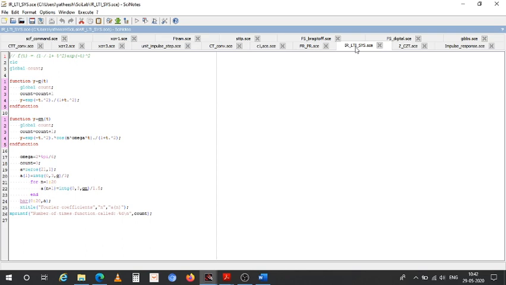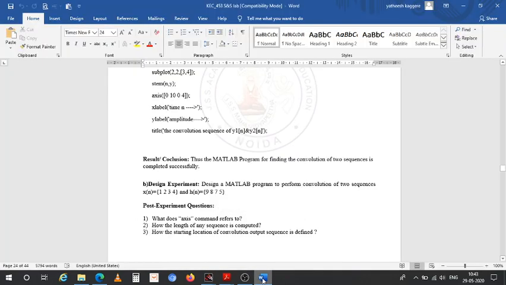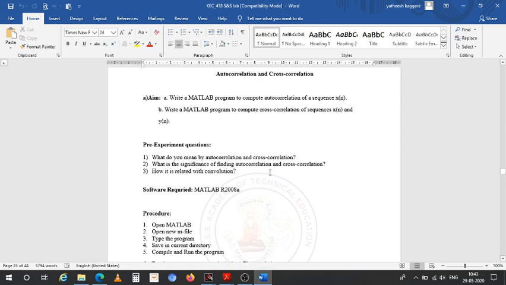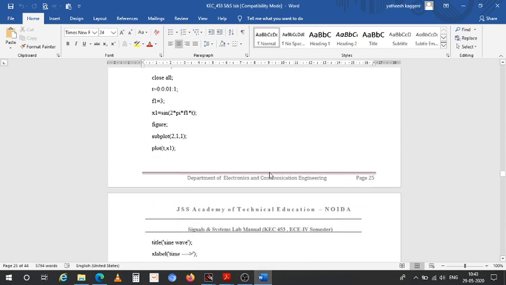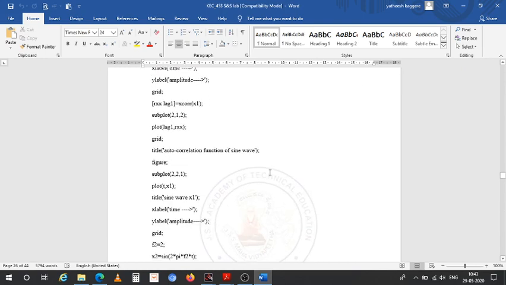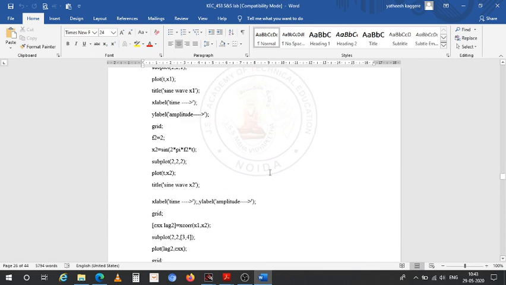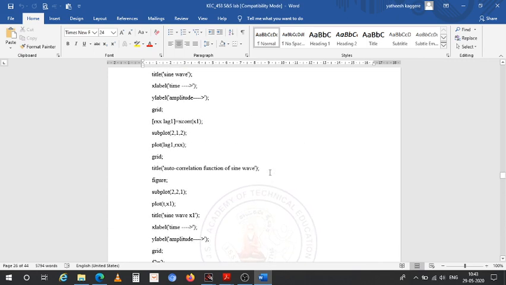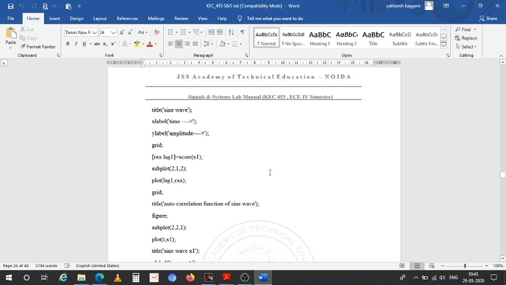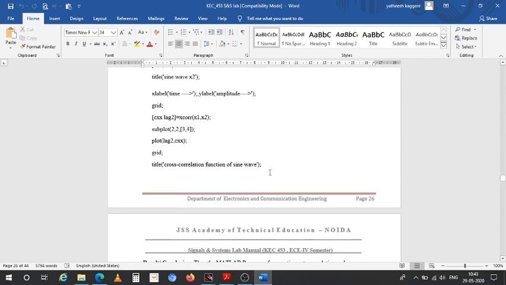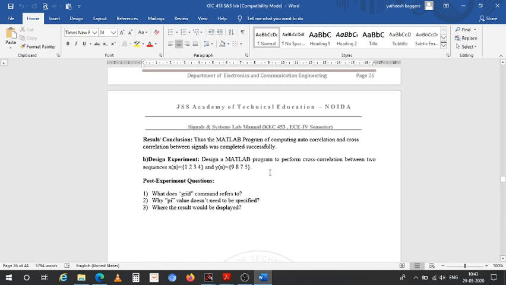So before I go to Fourier series and Gibbs phenomena, I want to show you the manual of ours. There is a problem. This is an autocorrelation from your manual, right? There's no talk of autocorrelation or cross correlation as such here. Yeah, xcorr x, that is only autocorrelation. There's no talk of cross correlation. Yeah, I think it is there here. Okay, fine.